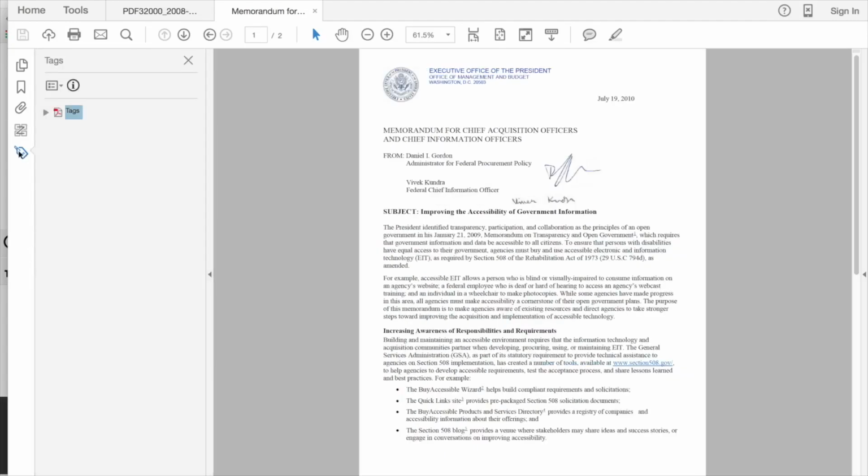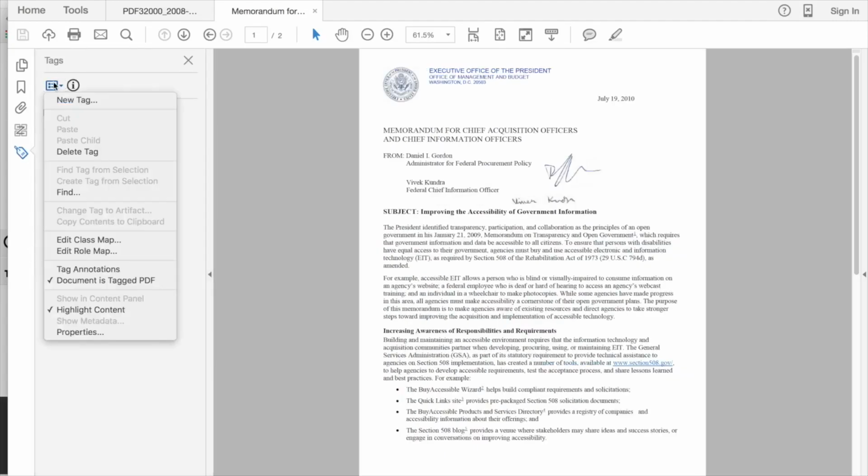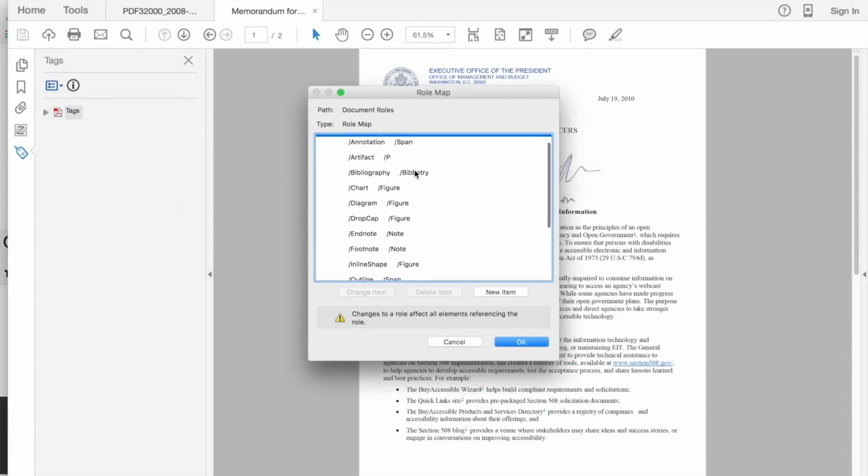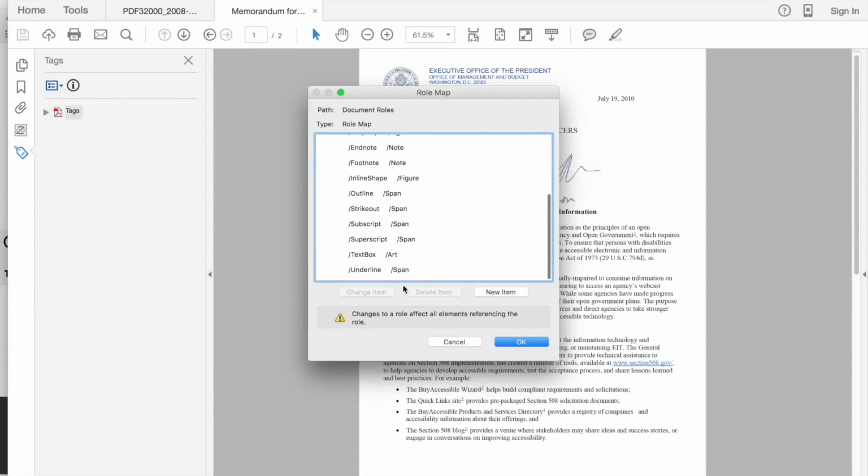You can see the styles that got mapped to different tags by going to the Tag Options menu and choosing Edit Role Map. Expand the arrow next to the document roles in the Role Map dialog box. Note how some of these styles are irrelevant to our PDF because we never actually use them. But for whatever reason, Word felt it was important to give them alternatives anyway. I showed you how to use the proper tags to mark up this document, so we actually don't need any of these special tags. Let's just go through it and delete them.